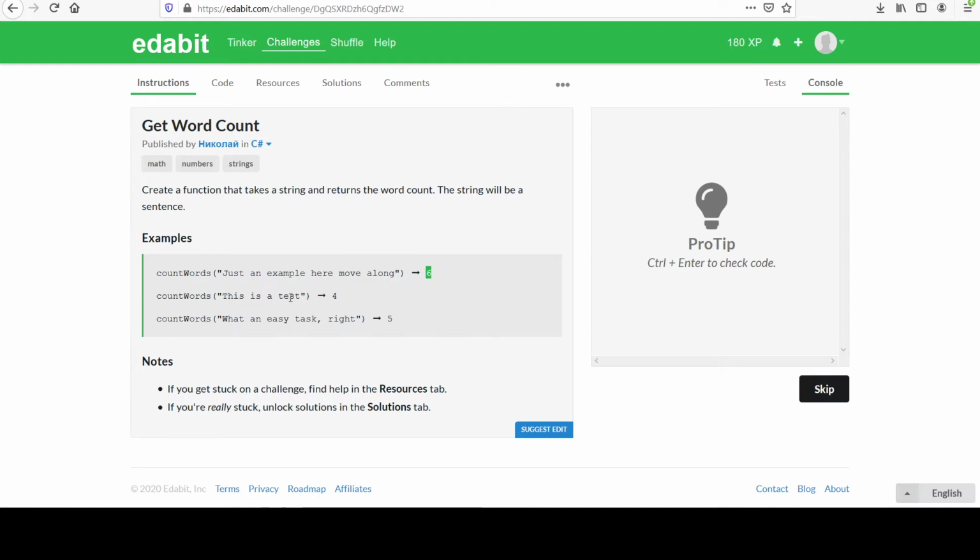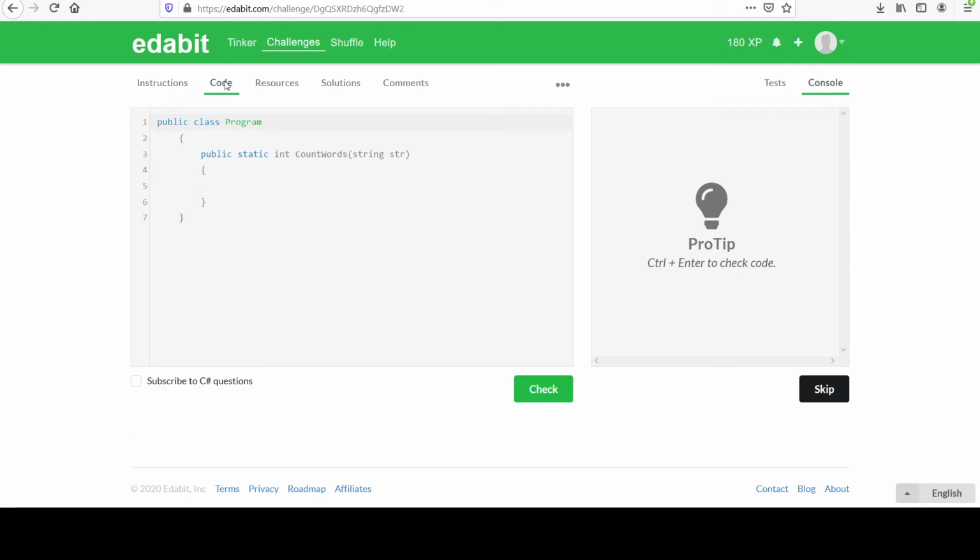1, 2, 3, 4 is 4. I think that's very clear. So we'll go over to the coding section. Now it's your turn to do this. Pause the video and think, then code. If you get stuck,